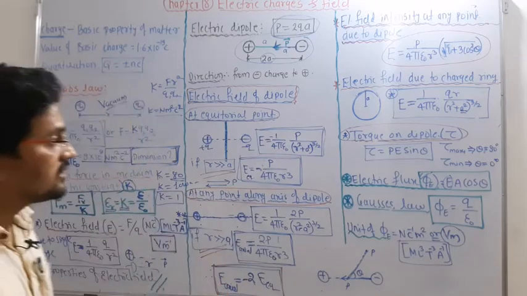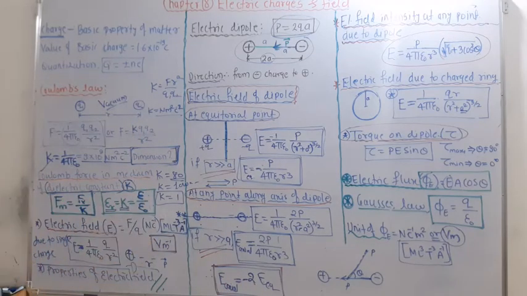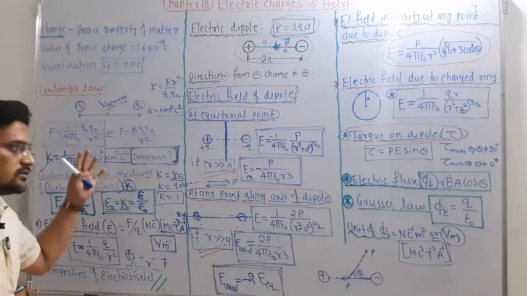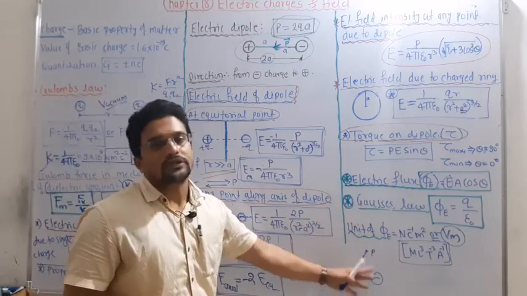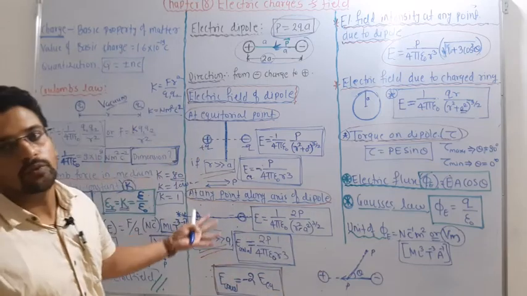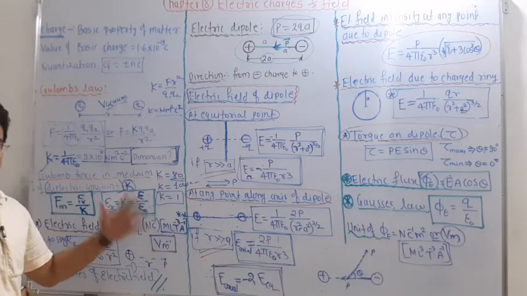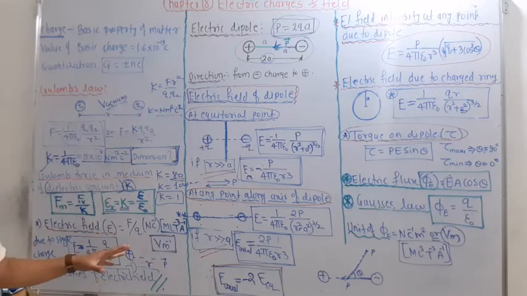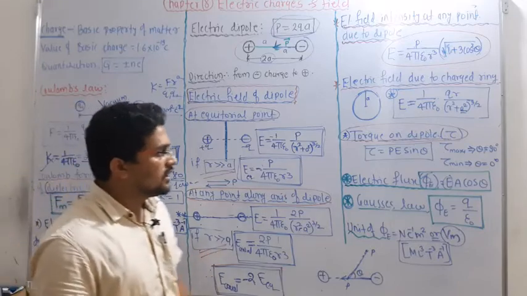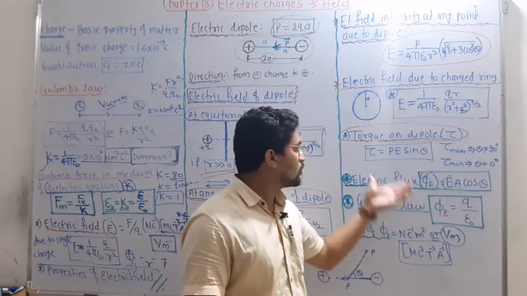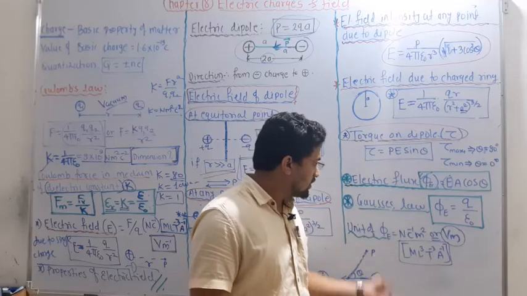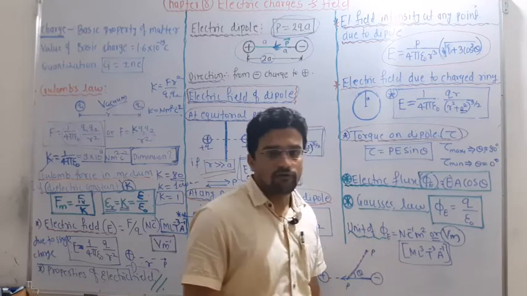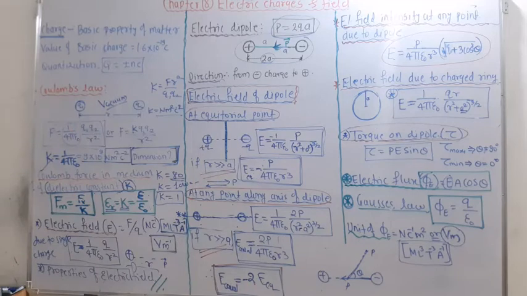You can just rewind the video and once again you can take all the formulas, because electric field and charges is a topic which has only a few formulas. Depending on these formulas you will have the numericals especially. So remember all these equations, especially the dipole, the electric field, the dimension of the electric field, and the dimension of the electric flux. And what is the meaning of torque, and then the unit of the flux and the dimension of the flux itself. So just pause the video and see it once again.